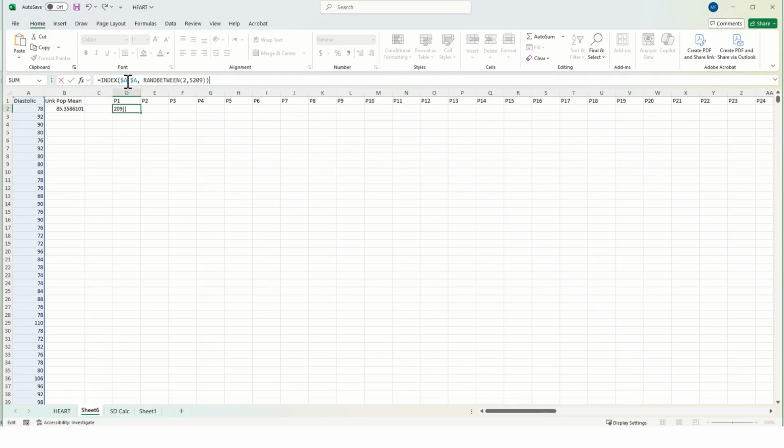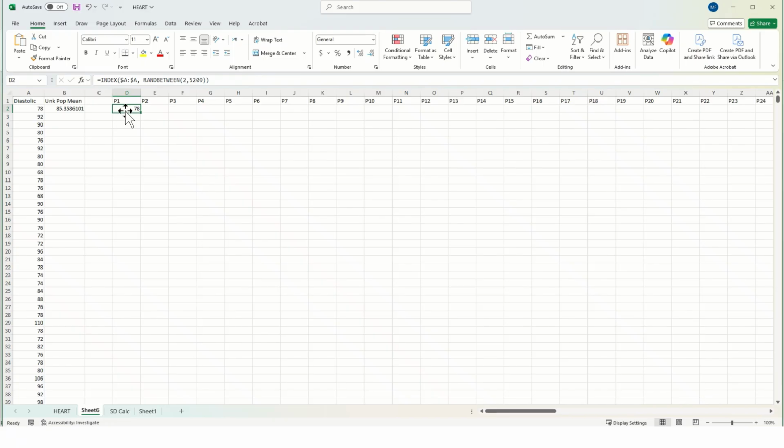Equals INDEX, parentheses, $A colon $A, comma, RANDBETWEEN, parentheses, 2 to 5,209, parentheses closed, parentheses closed. So it has just randomly selected any of the values from our